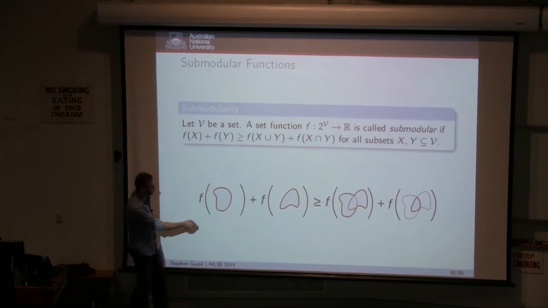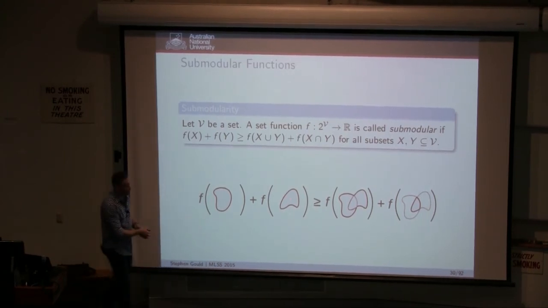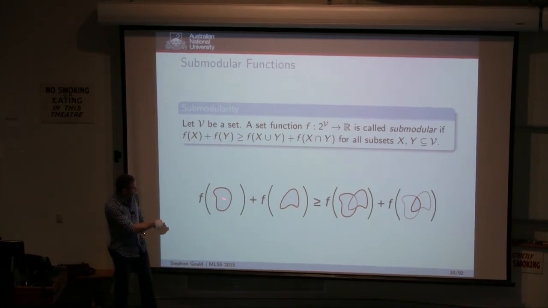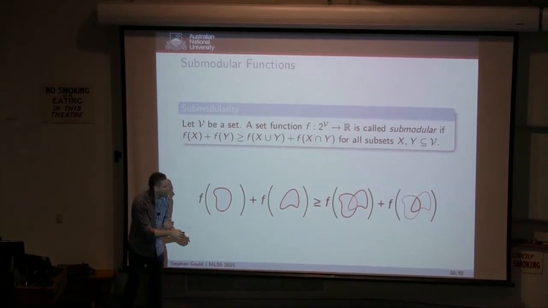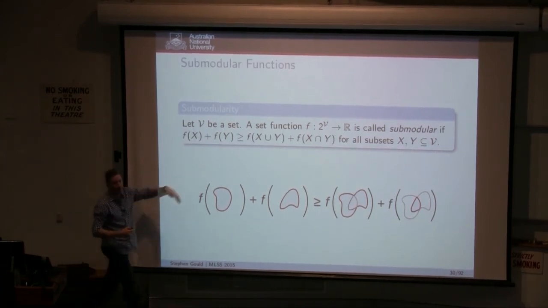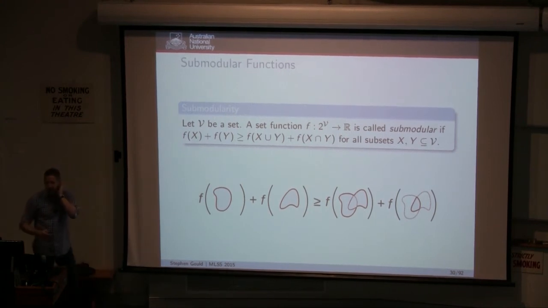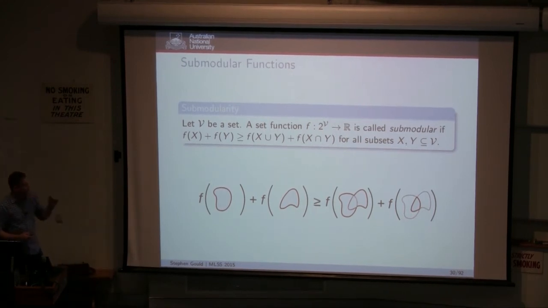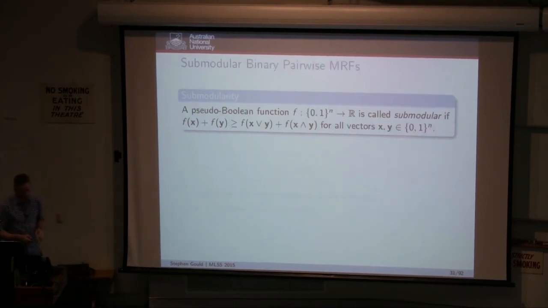It's saying if you imagine this second subset to be just a singleton, one component, one element, then if I add that element to the set that I've already evaluated the function on, my function value can't increase by more than if I evaluated the function independently on the original set and that singleton element. Okay? So there's this notion of diminishing return, and our graph cut algorithm is going to need this property to run,